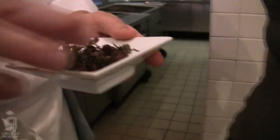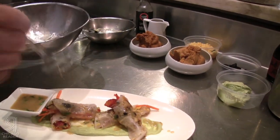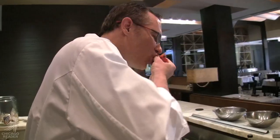This is micro red shiso. We actually grow this in our garden in the summertime. I would never have thought that shiso would grow in Chicago, but